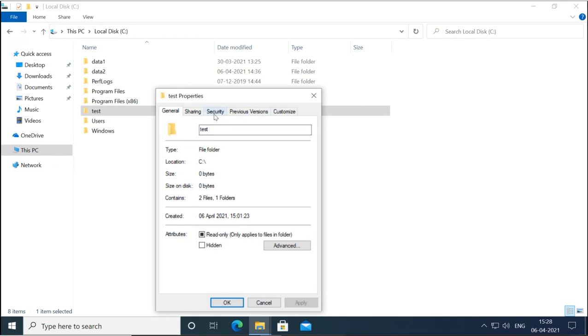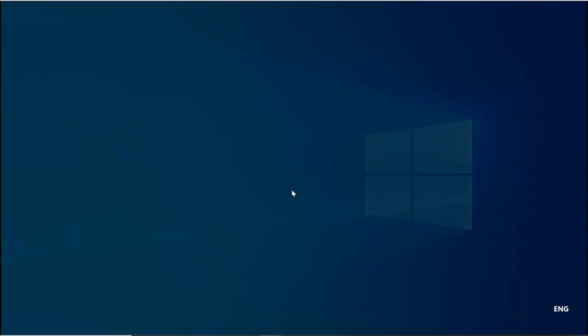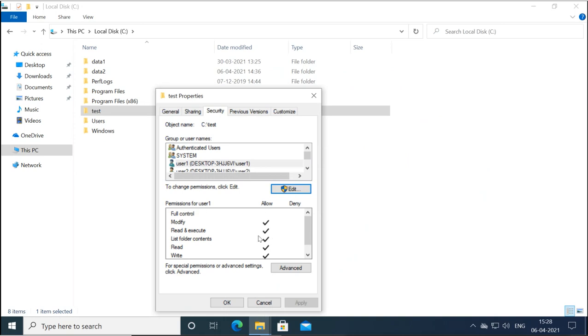It can do read, write and even delete also. Modify means it can delete also. Now it will try to edit the permission. This it cannot do. You can see for editing the permission, it is asking for the permission of administrator. Only if you know the password of administrator can you do that. Otherwise you cannot, because user 1 is having only modify permission, and modify permission can do everything except setting or changing the permissions.